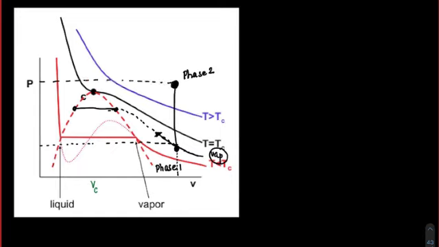Now it is in the gas zone. From here onwards, at this constant temperature, I am trying to increase the pressure. No matter how much pressure you increase, we will never be able to liquefy that gas. This is the next important conclusion. So from the gaseous phase, if I have to change it into the liquid phase, it is not possible only by increasing pressure at a constant temperature. It is not possible at all.